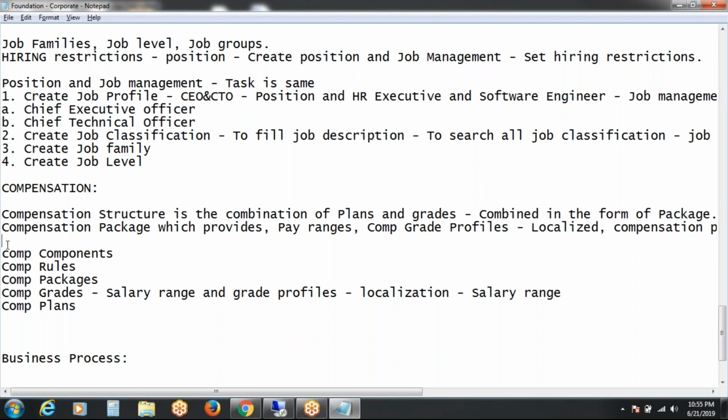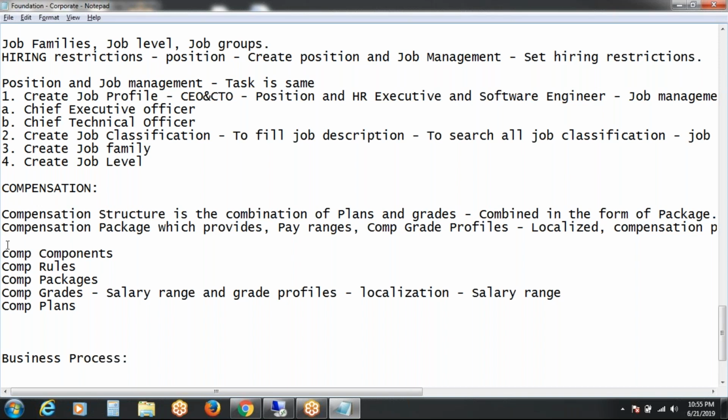I will also share one material, the HCM glossary of Workday, and it is very important for knowing the complete terminology of Workday. Today I am going to share this material along with the functional material. I hope you have received the complete HCM functional material from the organizers. If not, they will send it by today or tomorrow.